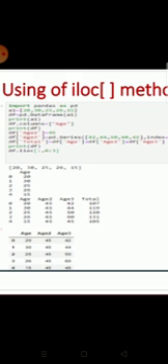Now count 0 to 3: 1, 2, 3. So automatically now total is removed because I have not called total. Only 0 to 3 index I have taken, so it will display only 0 to 3, means 4. As an array, you have counted in the row and columns. So when you take 0 to 3, it becomes 4.